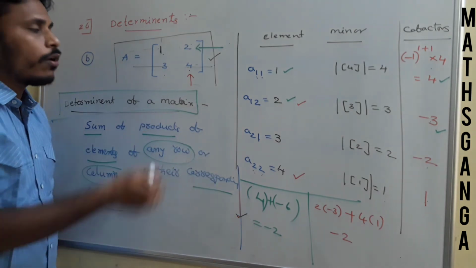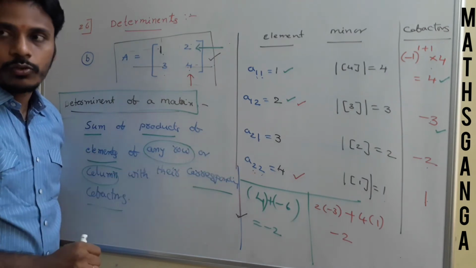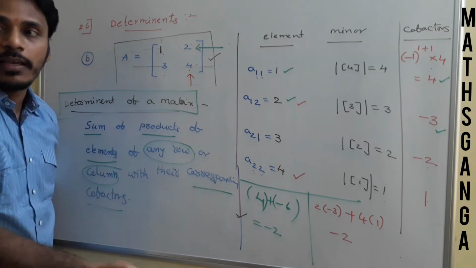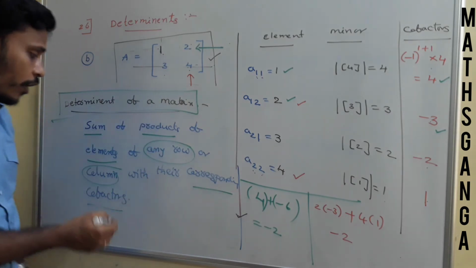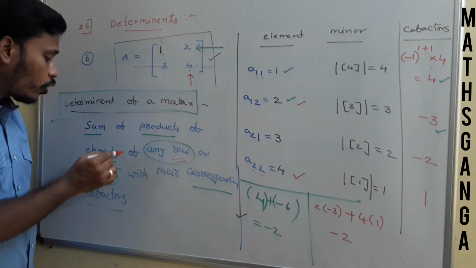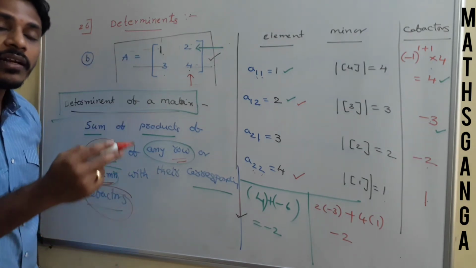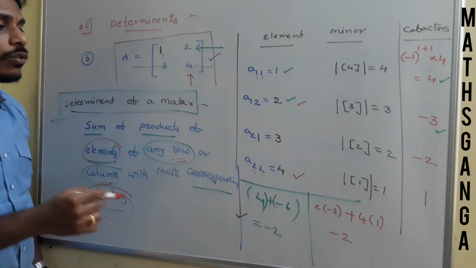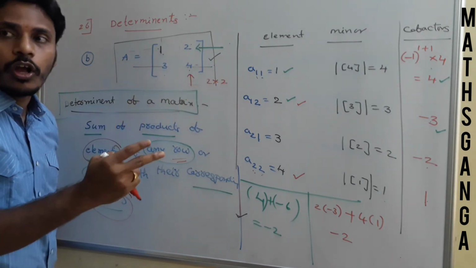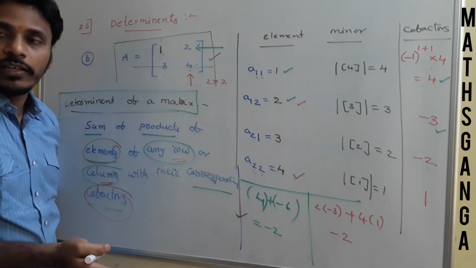Now try by taking the second row and multiplying with their corresponding cofactors. Again you will get minus 2. Or you may take the first column and multiply with their corresponding cofactors. Still you will get the same minus 2. That's why I am mentioning that you need to take any row or any column, multiply those elements with their corresponding cofactors, add all those things, and that resultant is its determinant. So there are 4 ways here. Since the matrix is 2 by 2, there are 2 rows and 2 columns, so finally there are 4 ways to find the determinant, but one way is enough to find the value.